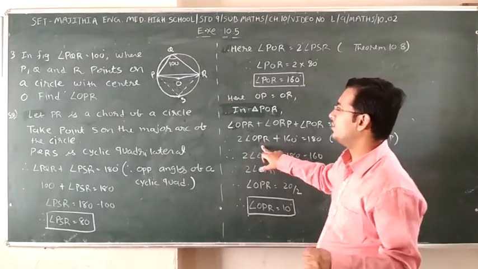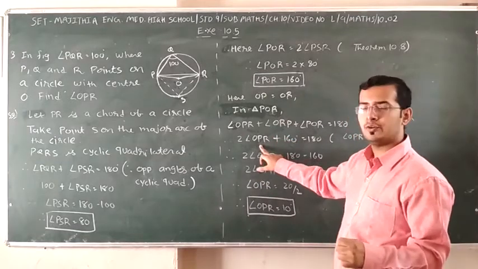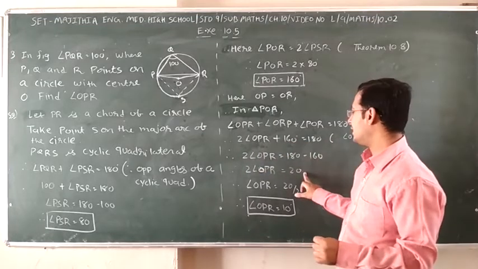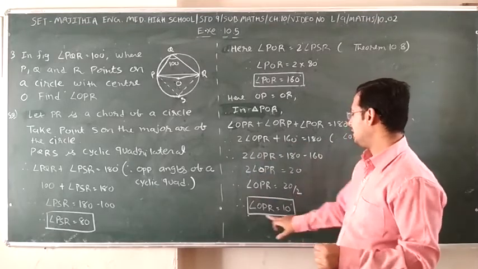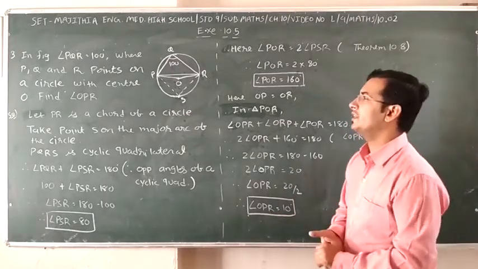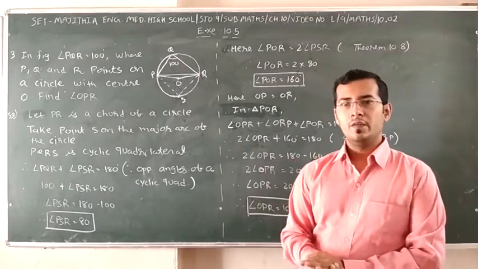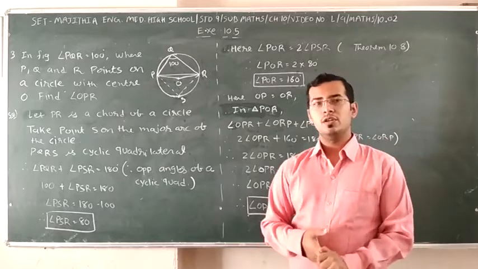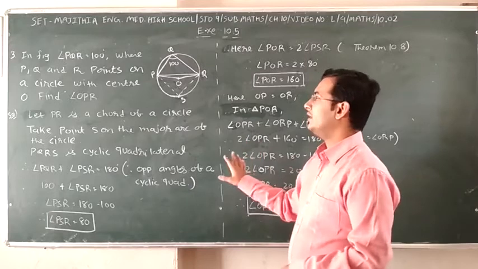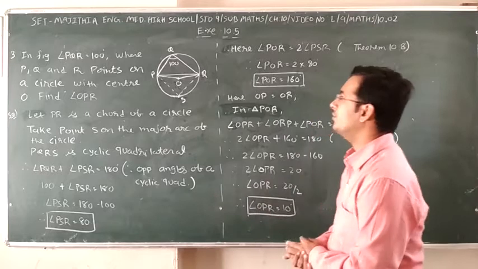We take OPR because we have to find OPR. If we had to find ORP, you could take 2 into angle ORP. So we take 160, subtract it from 180, which gives 20, divided by 2 is 10. Angle OPR is equal to 10. Note it down. Here the chapter will be finished. The remaining ones are cut for this year, but we have solved all the sums and all the topics. The remaining one will be in the next video. Here it is finished. Note down the last sum.